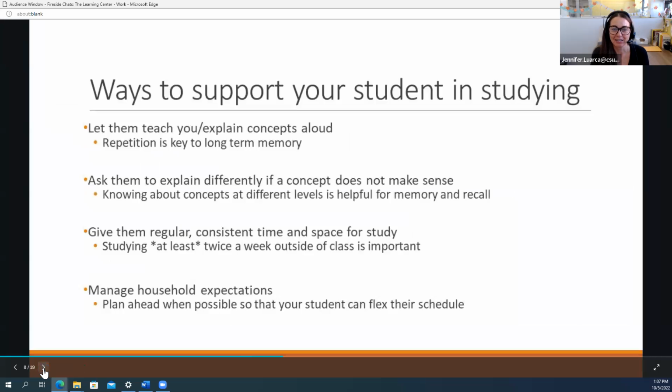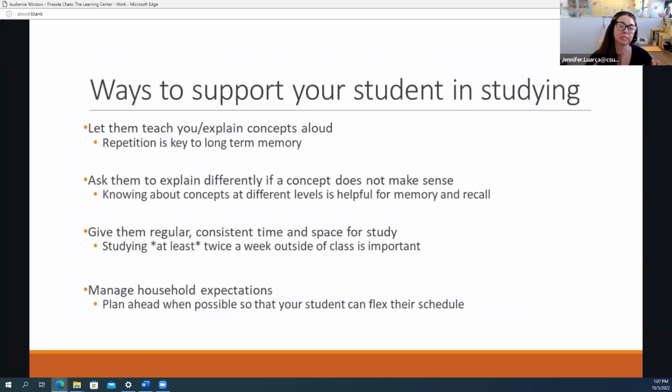Next slide. So also, when we're thinking about, okay, now they have a study schedule, they have a space to study, what does studying look like at the college level? It looks a lot like what studying looked like in K through 12, right? It's just that the content has gone up several levels.